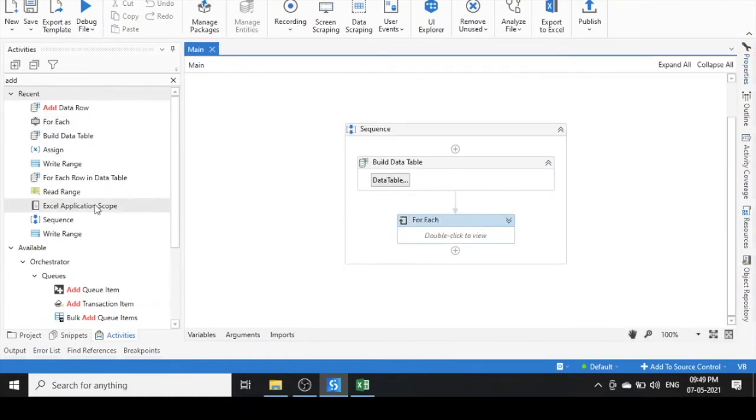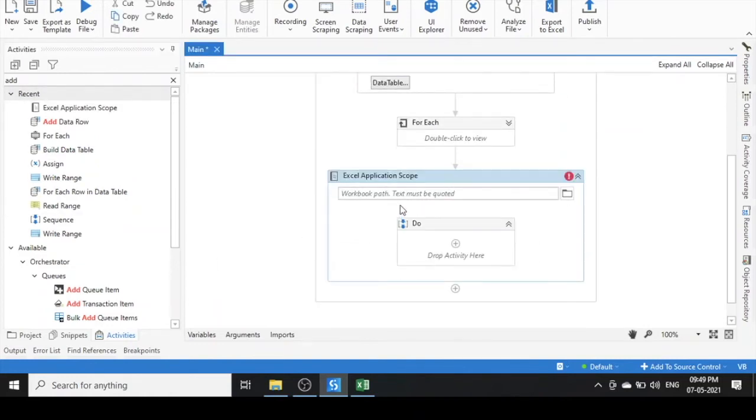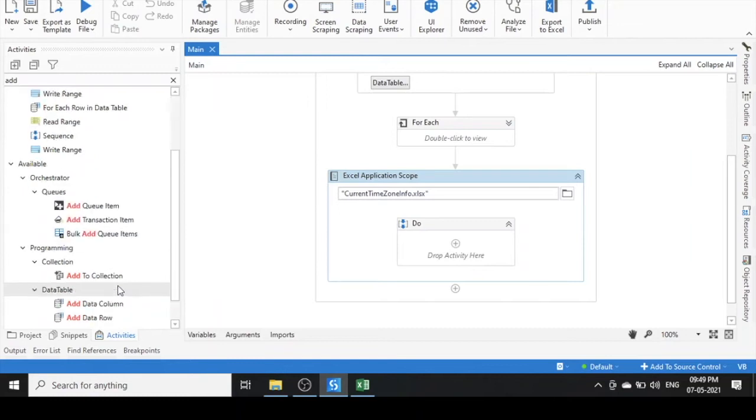Now what I need to do, I need to take Excel application scope. In this I need to create the file. So let me create a file named current time zone info.xlsx, and now I'm going to write my data table.